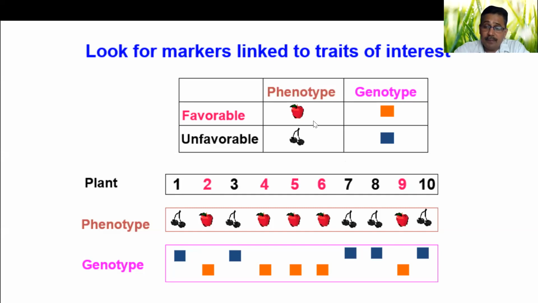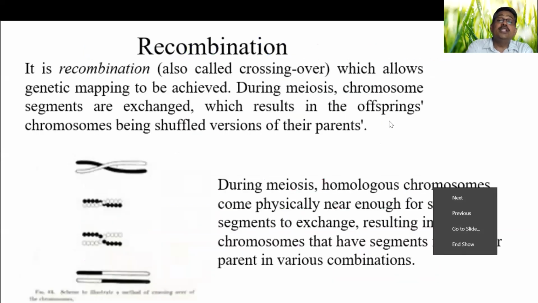When you have the marker data and you add phenotype data, whichever phenotype co-segregates with the genotype data of the particular marker, then it is simple that this marker and this phenotype are associated. It means it's tightly linked. So you can easily use this marker for any screening. Instead of going for phenotyping, you can screen for this phenotype by using this marker. This is why people normally use marker trait association.